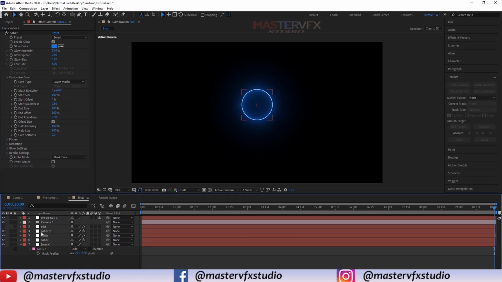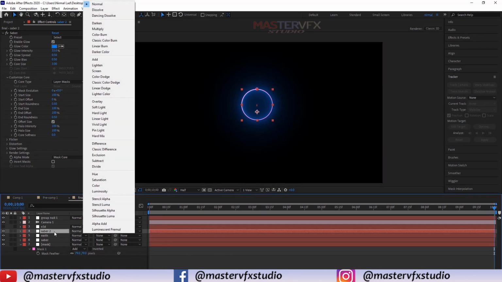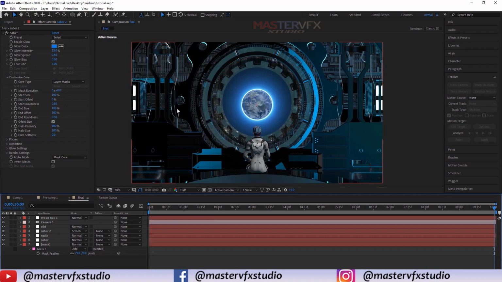Then change its blending mode. Press F4 if this is not showing to you, and change its blending mode to screen. Now again enable this Element 3D layer.